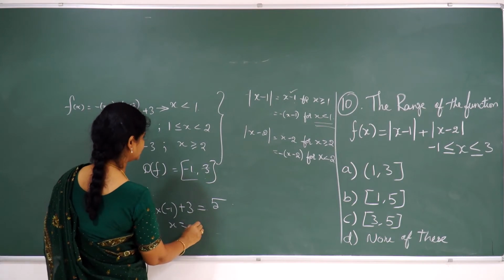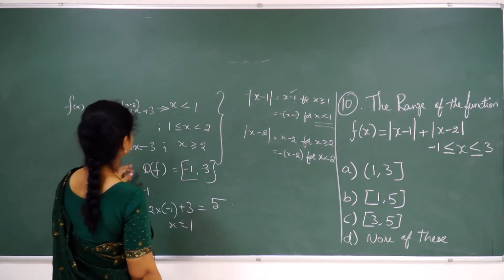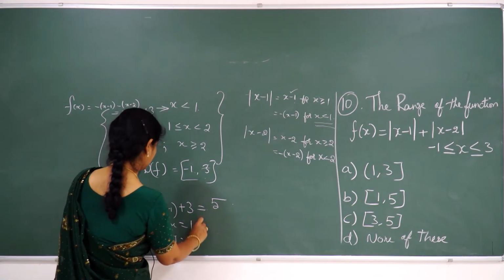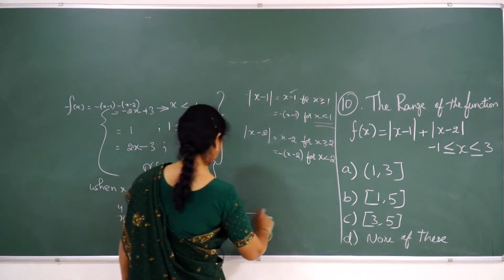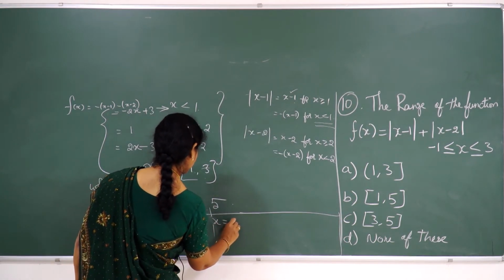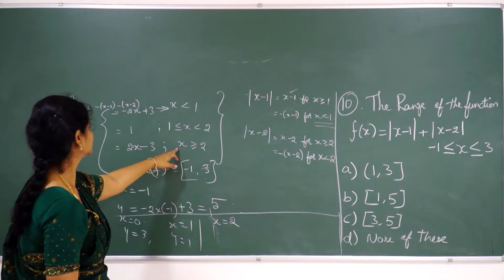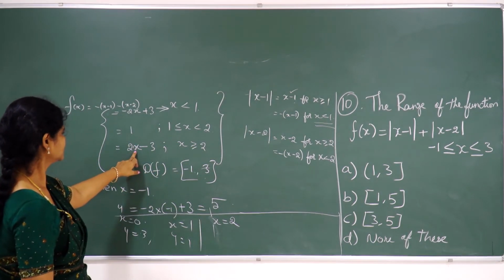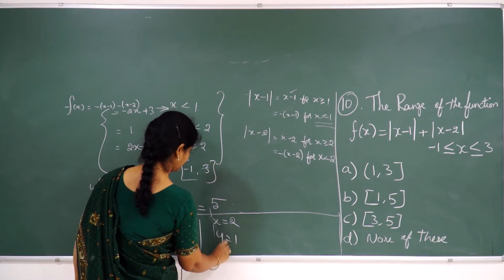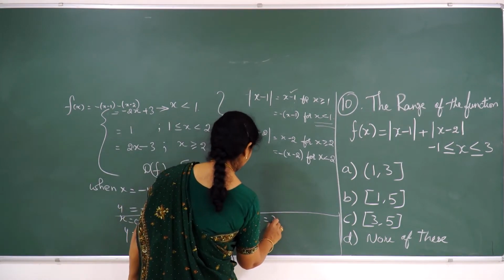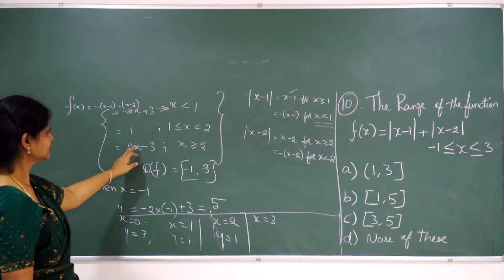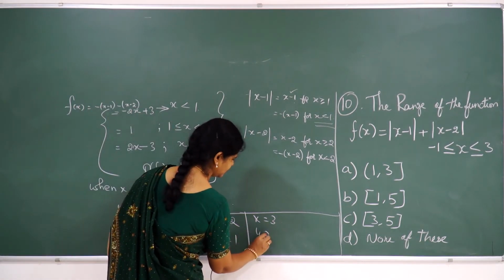Similarly, for x equal to 1, when you substitute, it comes in the interval where y equals 1. Similarly you can draw the graph and find out the answer, otherwise you can substitute the value and get it. Next, x equal to 2 comes in this interval. Substitute x equal to 2: 4 minus 3, that is 1. Okay. Next x equal to 3 comes again in the last interval. X equal to 3 means 6 minus 3, which is 3. So y equal to 3.